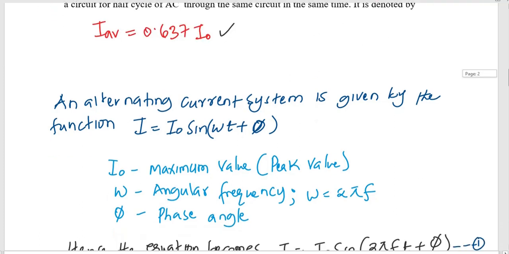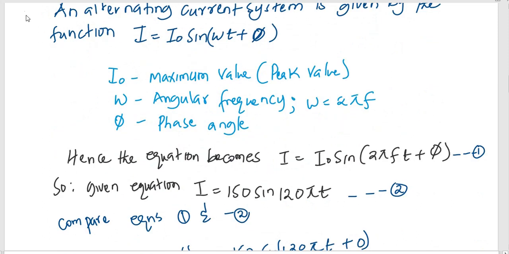To answer the next question, which is part B, an alternating current is given by the function I equals I naught sine omega t plus phi, where I naught is the maximum or peak value, omega is the angular frequency, omega equals 2 pi f, and phi is the phase angle. Hence the equation becomes I equals I naught sine 2 pi f t plus phi. Now, according to the given equation, I equals 150 sine 120 pi t, if we compare the two equations,